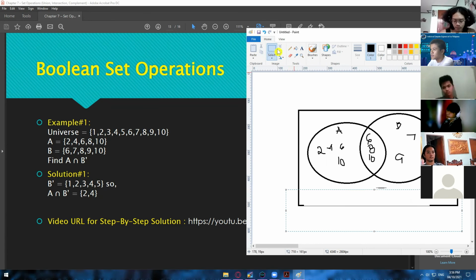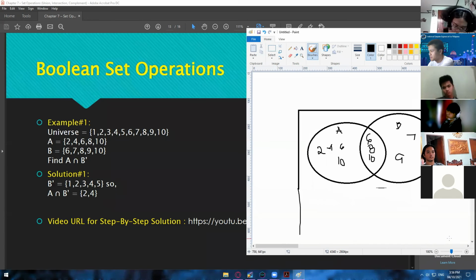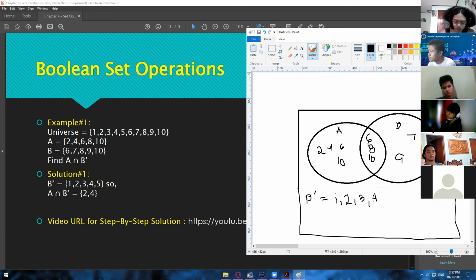So I think this one is not enough. So let me just expand this one. So we have here B complement, which is equal to 1, 2, 3, 4, and then 5, 6, 7, 8, 9, 10, yeah. Okay, and then for the universal set, so everything that we cannot find on this set A